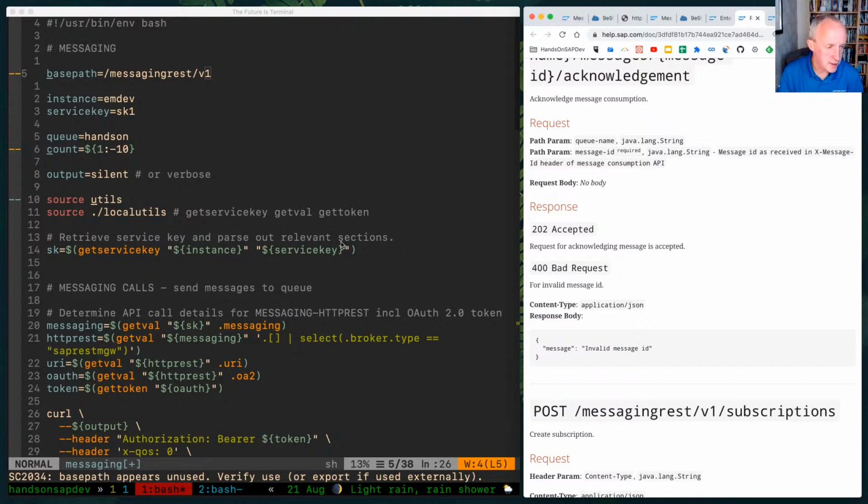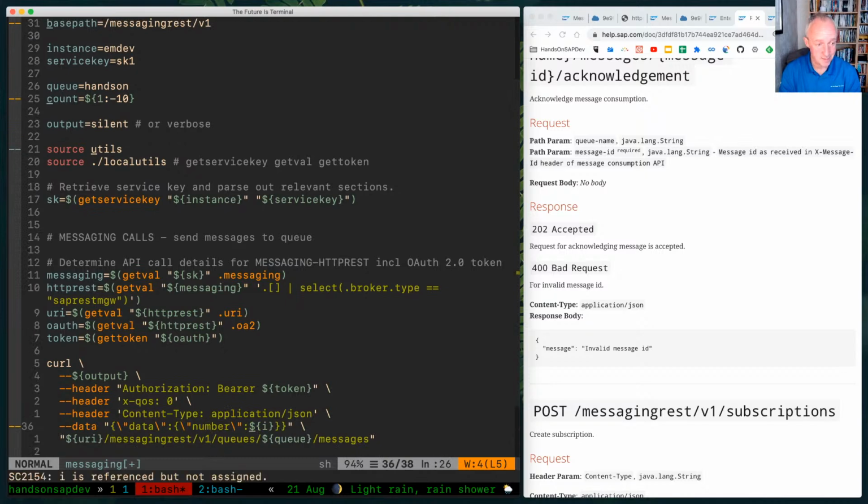Andrew says REST client is so much more than Postman. Yes, I do too. Maybe next time we'll use the REST client. But I quite like using this as well, because we've also got to put together other bits and pieces like the OAuth. How would you do OAuth in the REST client, you know, retrieve a token? We've already got this local utils to retrieve our token for you in the service key. In fact, I've got an idea we could do something with that service key. But anyway,